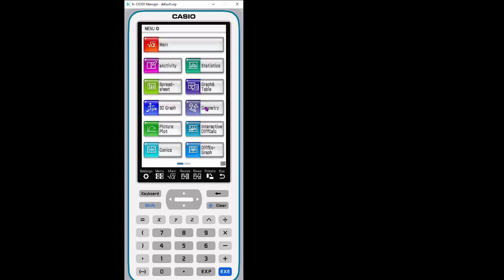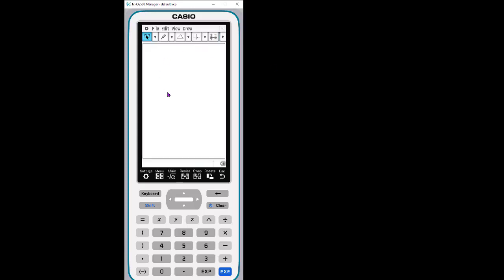So we're going to hit the geometry app. That brings us into the geometry tools. All the tools are across here. There is a video that talks about the tools and what you can do. This is a full-on dynamic geometry software, so we're just going to be exploring a very small part of it with triangles, but there's a lot more that you can do, and we'll hopefully make more videos about that later.